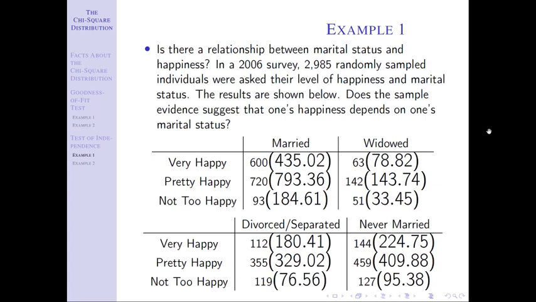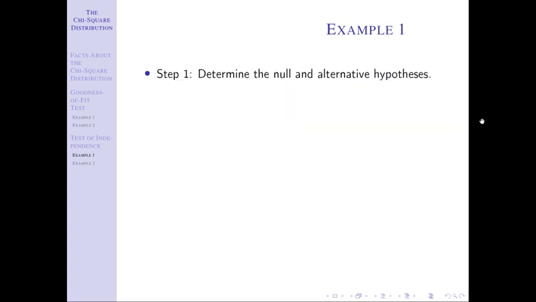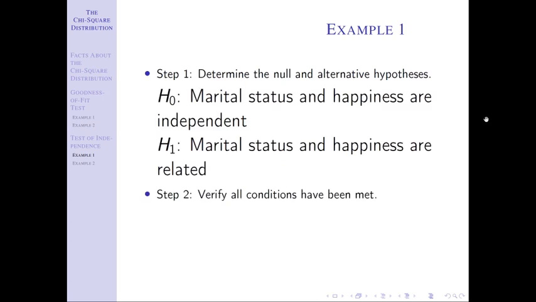Once you have those numbers, it's relatively downhill from there. Notice in our outline, I put the two variables. You can actually go ahead and write out what they are. The two variables are marital status and happiness. The null would be that they are independent. The alternative that they are related. Again, lots of different ways you can write that. Just pick your favorite flavor there. Remember, independent, not associated, not related would be the null. Dependent, associated, or related would be the alternative.